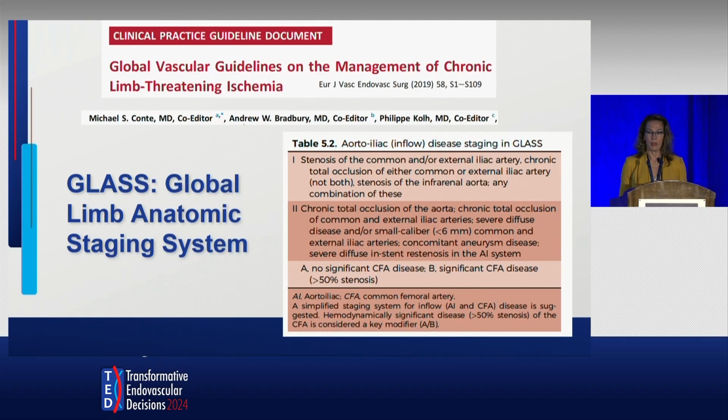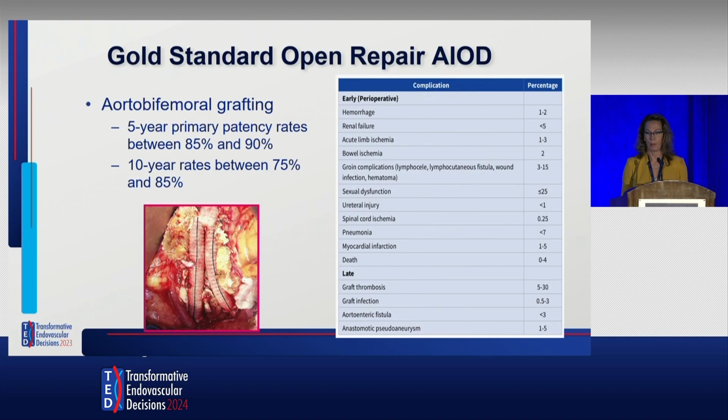Now, the global guidelines have looked to simplify this differentiation of the disease, basically dividing into a stage 1 and 2, 2 being that with more chronic total occlusions, and also a subset of A and B, with or without the involvement of the common femoral artery, which certainly has to be taken into consideration when you're managing this problem. And we all recognize, at least the surgeons in this room, that the gold standard for open repair is